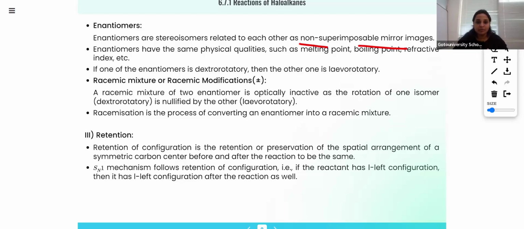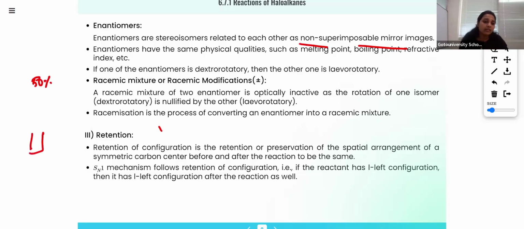The non-superimposable mirror images are called enantiomers. We are getting two non-superimposable images of the object here. Those two are called enantiomers. Okay. Now, if you rotate the molecule, you are getting 50%, I mean, in the previous one,